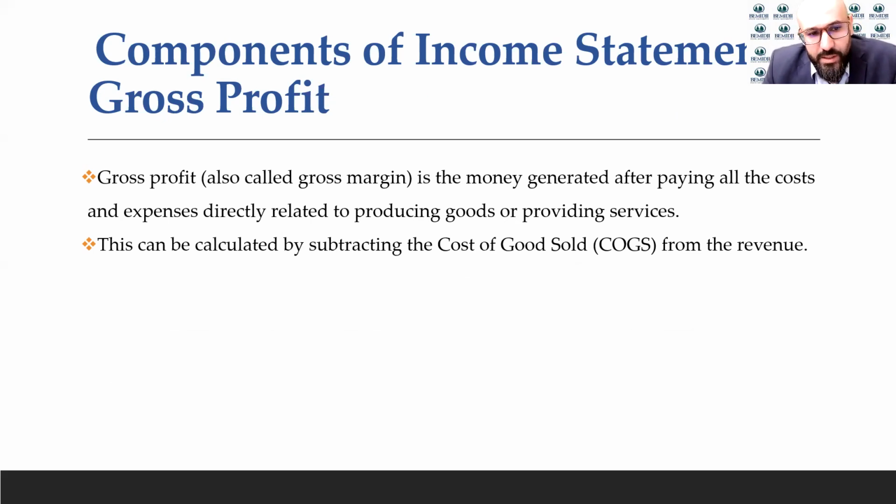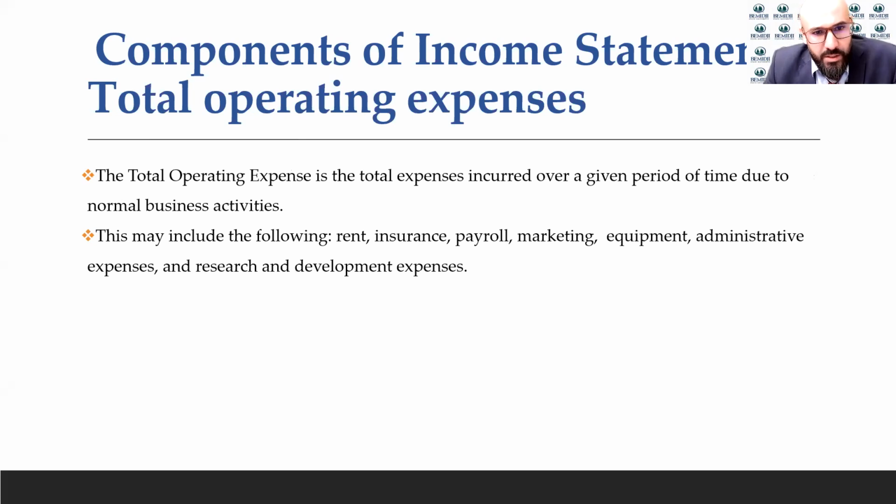How can we calculate this? This can be calculated by subtracting the cost of products or goods sold from the revenue. The third part is called the total operating expenses. The total operating expenses are the total expenses incurred over a given period of time due to normal business activities. This could include the rental, the payroll, the marketing, the insurance, the equipment, administrative expenses, or any expenses related to